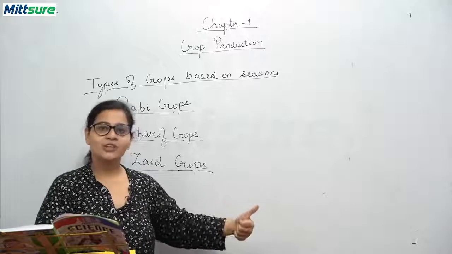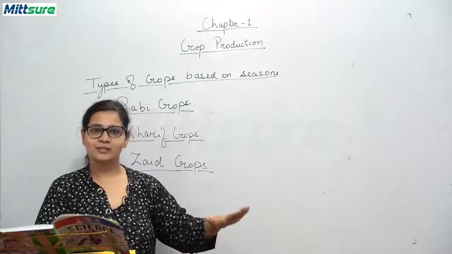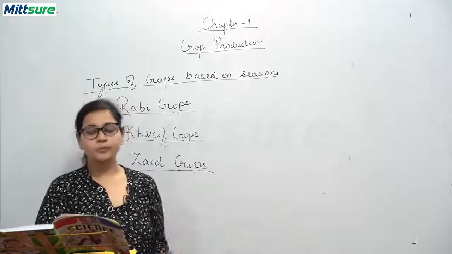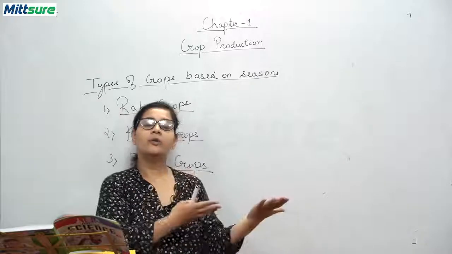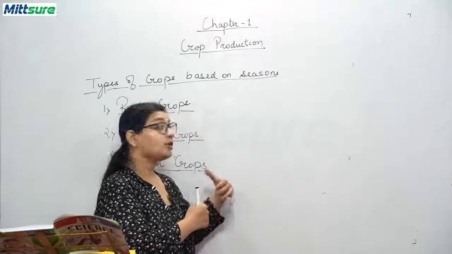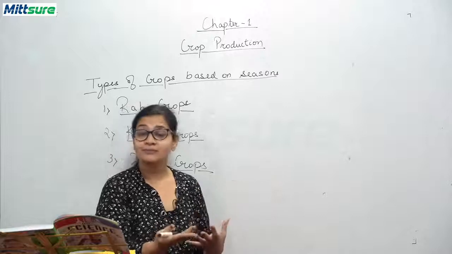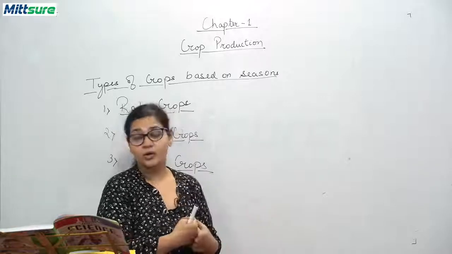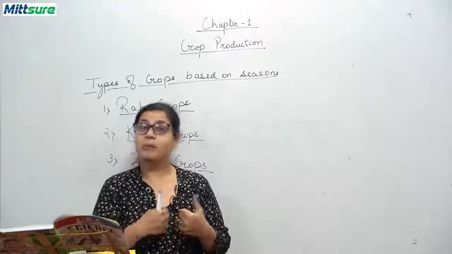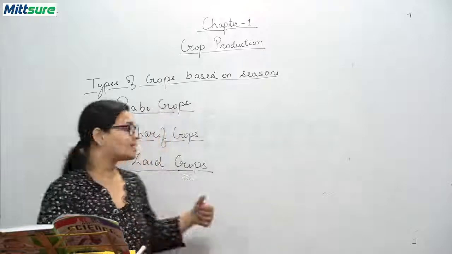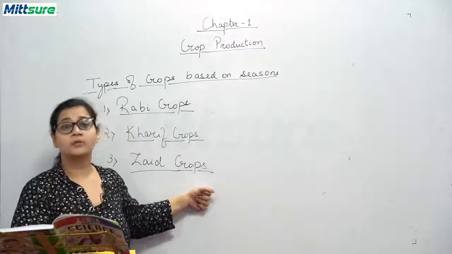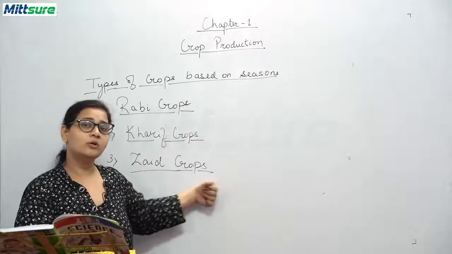This is grown in March and you get it in June and July, that's it. Furthermore, I am just going to tell you other crops of this. Pumpkin is grown as a Zaid crop. And the example, mushrooms. Okay, so these are examples of Zaid crops. Cucumber is also a Zaid crop.